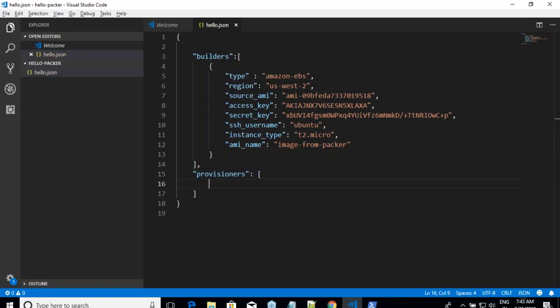Just like the builder has types, for provisioners also there are many ways to do provisioning. The basic ways are: if you are on a Linux machine, use shell provisioning. If you are on a Windows machine, use PowerShell or a batch kind of provisioner. Or if you are already good at configuration management tools, for example Ansible or Chef, then you can use those provisioners.